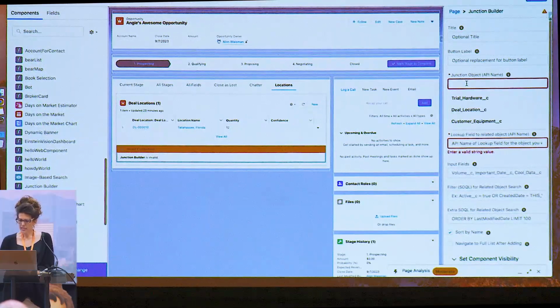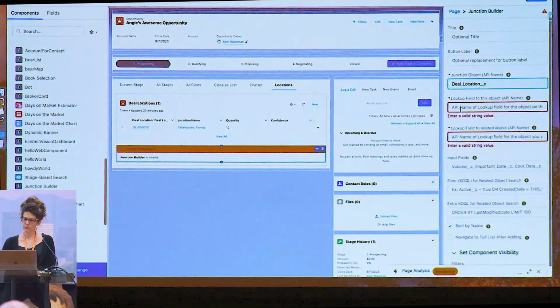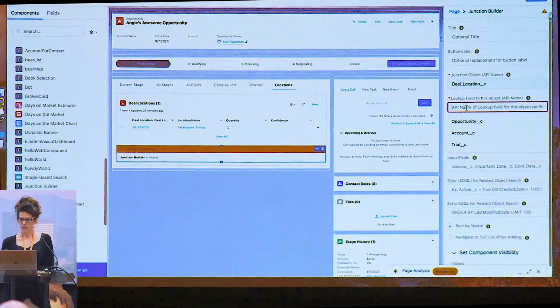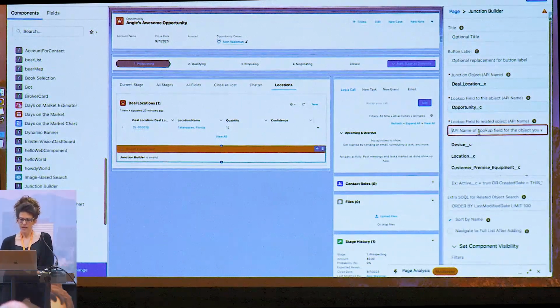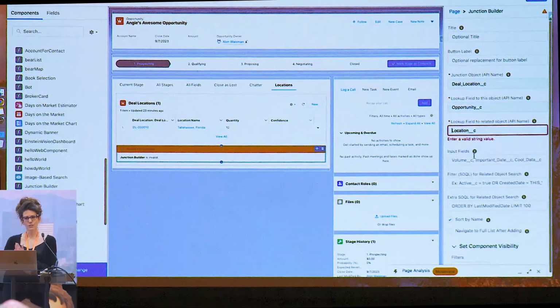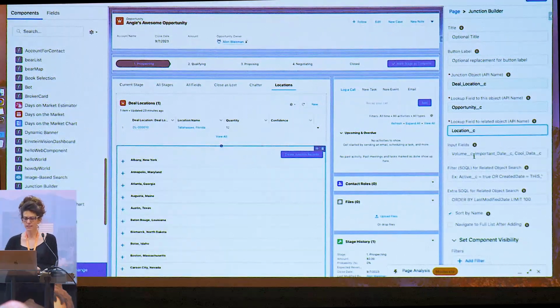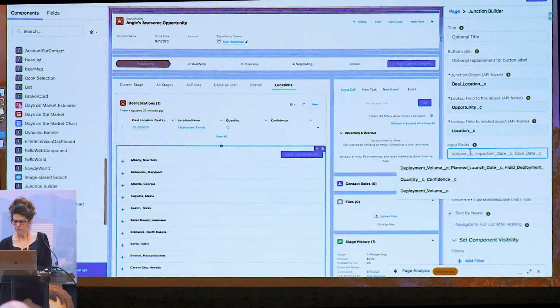And I'm going to use that deal location from earlier as the junction object. The lookup field, the start, is the lookup field of the page you're working off of. So in this case, it's going to be opportunity. And also in this case, we're going to be looking over to that location object. It's a custom object, or location field, custom lookup field, master detail relationships here. And then